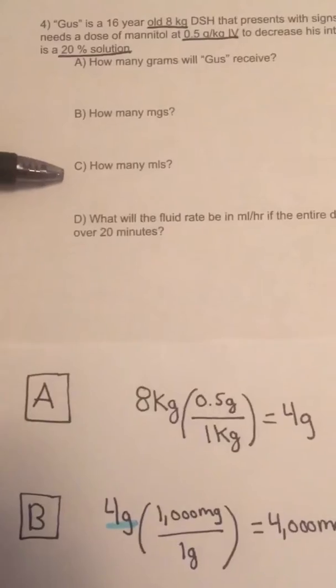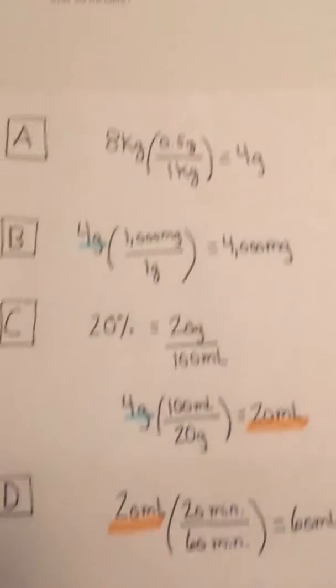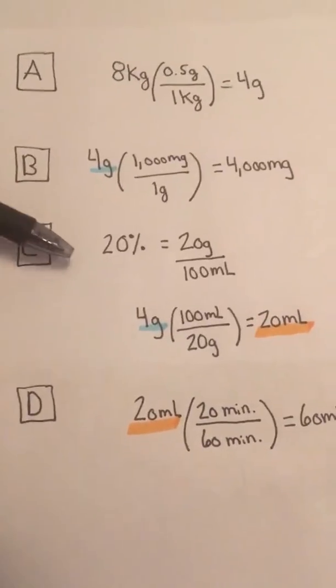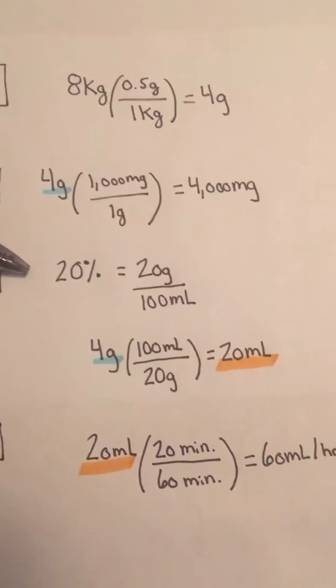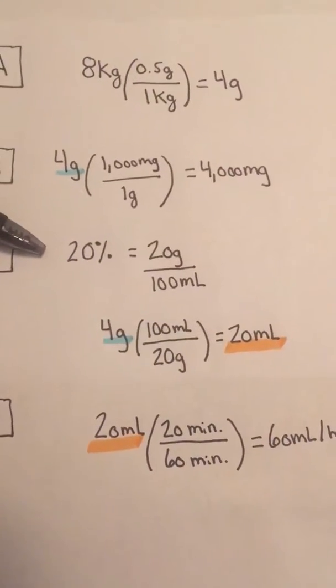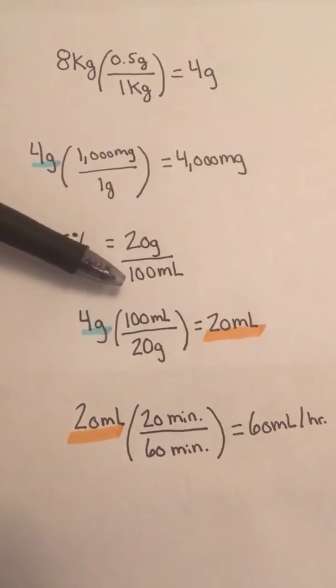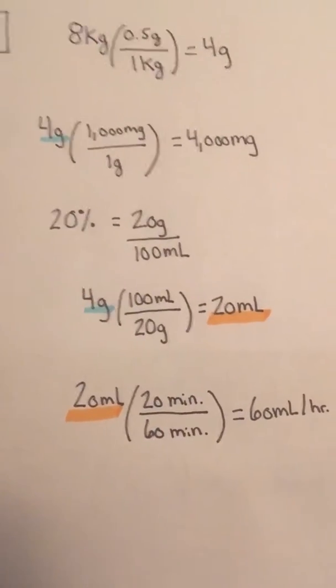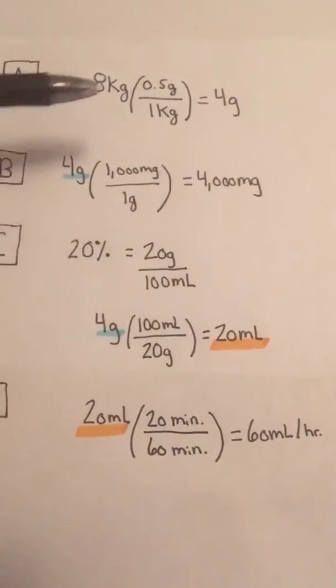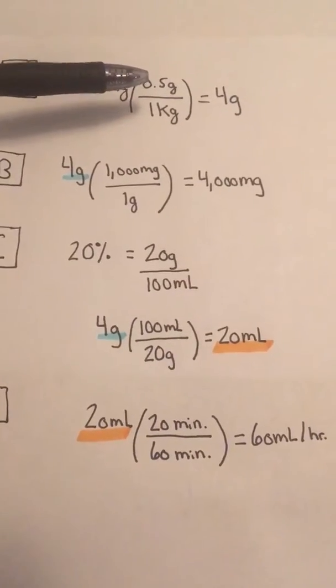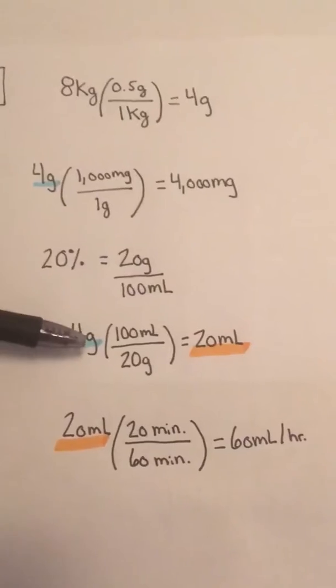Question C wants to know, how many mLs will Gus receive? Well, we know that our solution of mannitol is a 20% solution. We know that 20% is equal to 20 grams over 100 milliliters. If we take 4 grams, which is the grams that Gus is going to receive, we can set up a